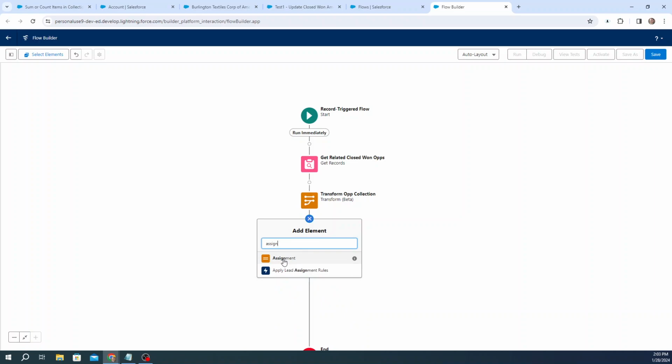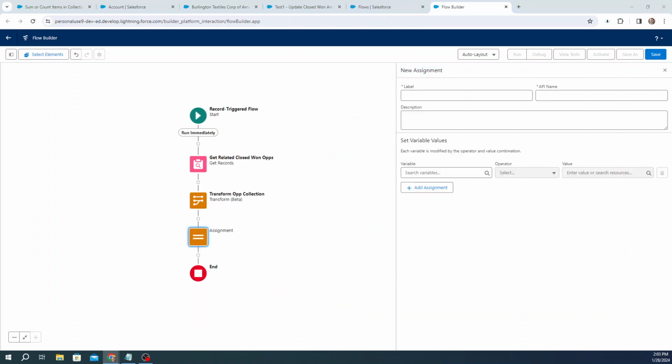new assignment element. So we'll pop this open and assign to new account record. You know, of course, give it whatever name you want. And this is where it gets a little bit weird. So again, just bear with me, and I'll show you guys when we're done with this what I tried to do before. So essentially, I'm using this assignment element because if you remember in the transform, I was going to